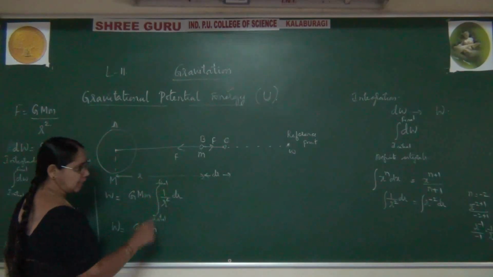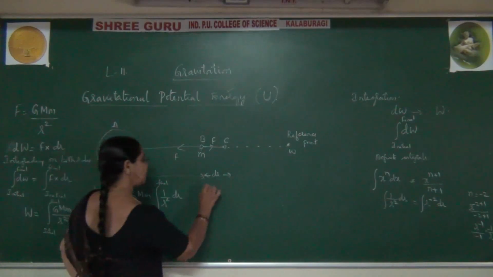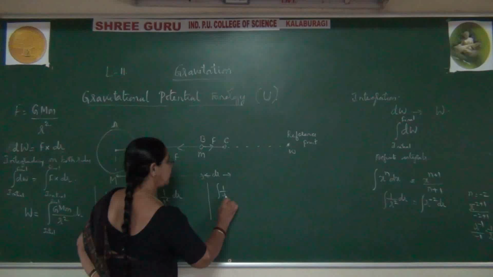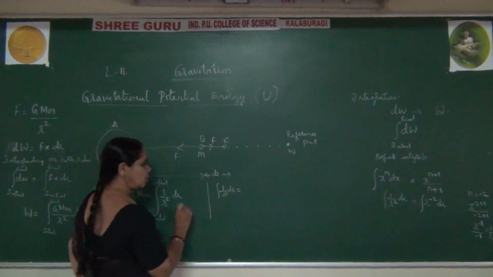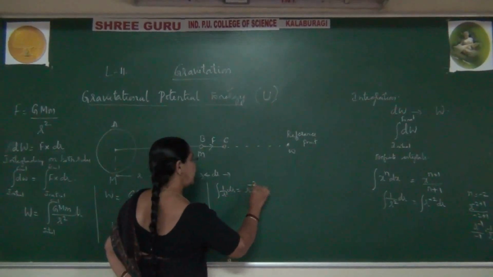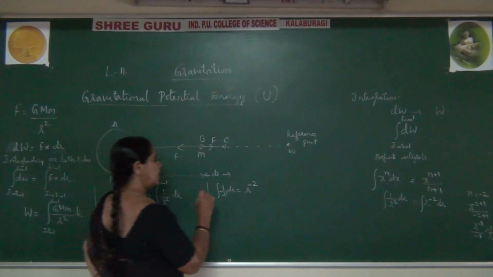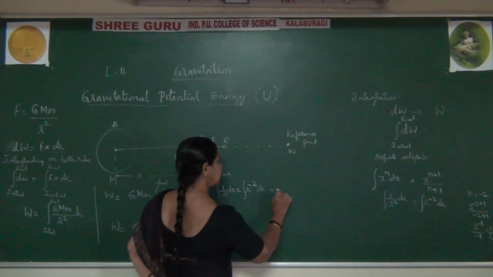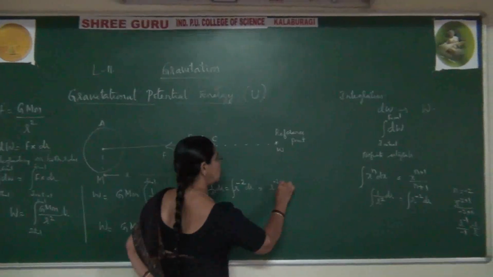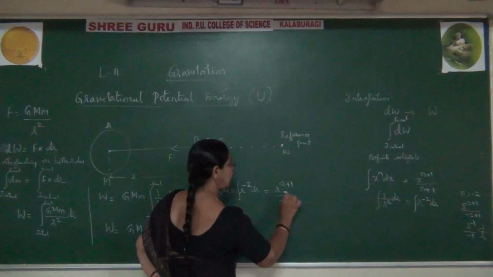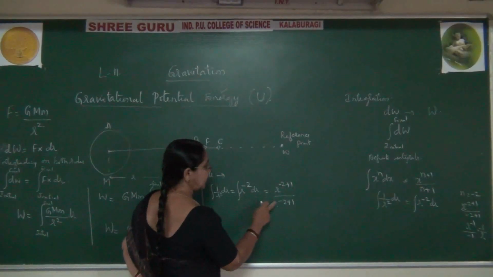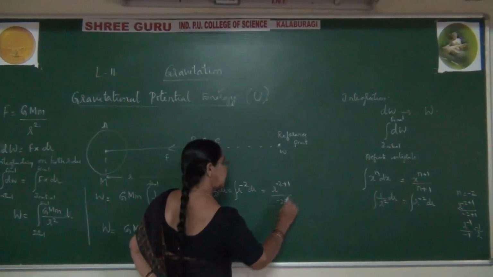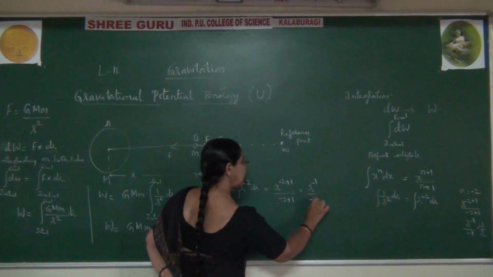After integration, with the help of that, I'll write here itself for you. Here you can use, that is nothing but integral of 1 by r square dr is equal to r to the power of minus 2, this you can take minus 2 dr integral symbol. This can be written as r to the power of minus 2 plus 1 divided by minus 2 plus 1. After removing the integration, we should not put integration here. So therefore you will get r to the power of minus 1 by minus 1.